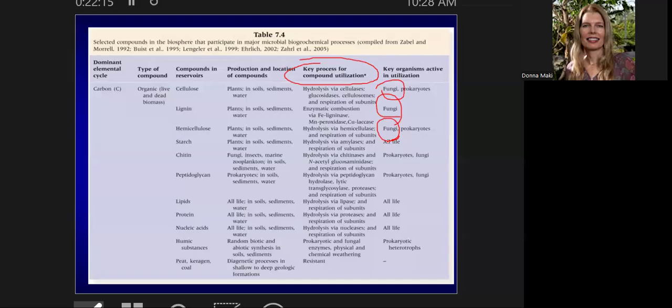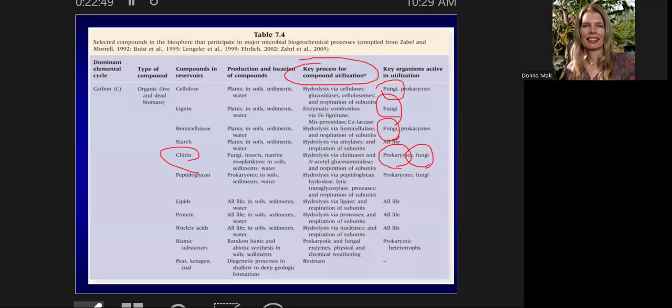Here's another one that's pretty tough. Chitin. So chitin is found in insect exoskeletons in particular. You see other things though too. Fungi have chitin in their cell wall. It's kind of weird, but they do. And so fungi are a source for chitin as well. Zooplankton. And again, you can see fungi are playing a role there, but there's plenty of bacteria that are also very good at that.